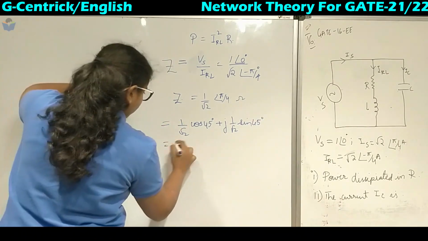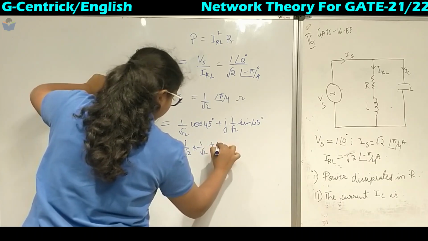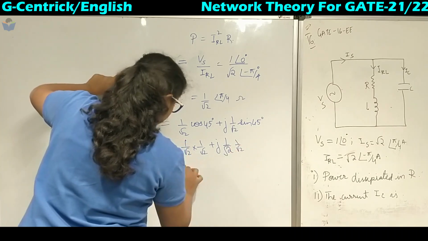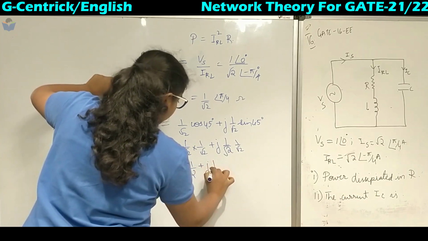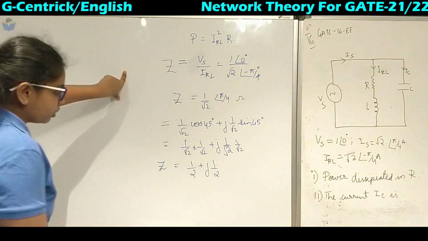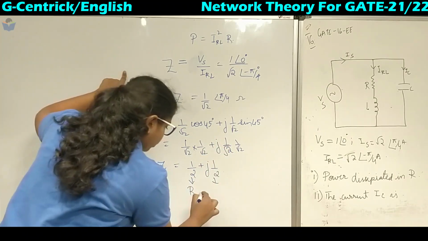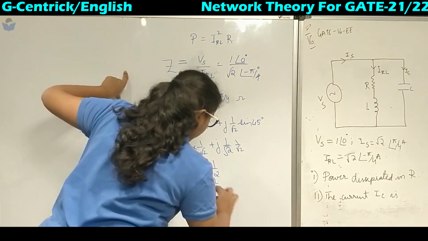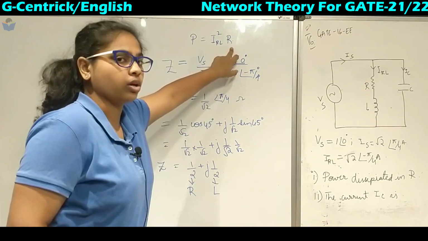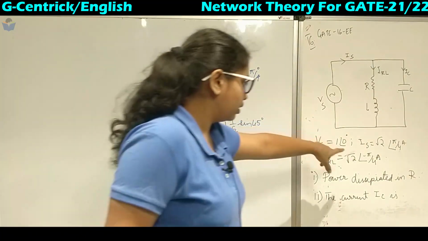Okay. So now cos 45 is also 1 by root 2, so I will write it as 1 by root 2. Sine 45 is also 1 by root 2. So this comes out to be 1 by 2 plus j 1 by 2. So what is it? Basically impedance. This is the real part and this is the imaginary part. The real part will go with the resistor and the imaginary part will go with the inductor. So now we know the value of R, 1 by 2. For IRL we have to take only the magnitude while calculating the power, and we have